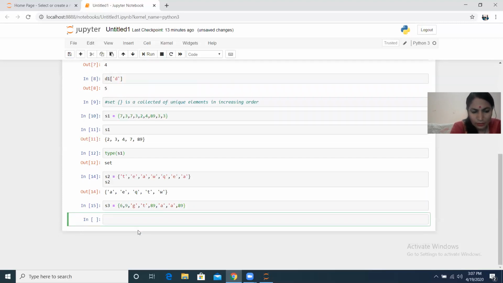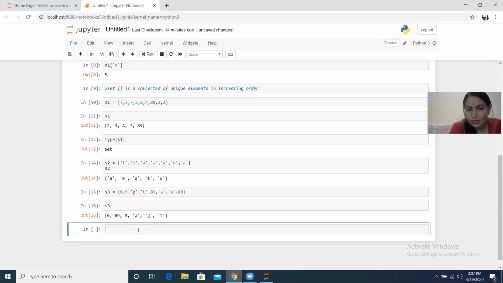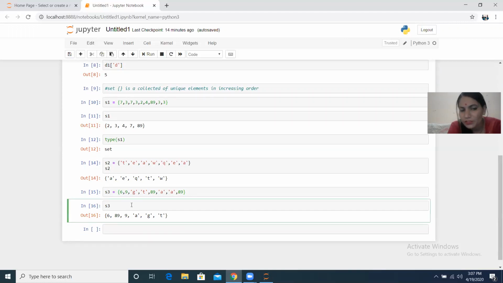So you run it and call S3. You see numbers हमेशा पहले देगा आपको और जो alphabets हैं वो आपको बाद में देगा. If you have a combination of two data types in a set, तो वो numbers को पहले रखेगा और जो alphabets हैं उनको alphabetical order में बाद में रखेगा. और ये देखो, इसका first order देखिए, इसने 689 ऐसे दिया है, तो ये first record check करता है. Set अगर combination of multiple data types बनाओगे so that will misbehave.